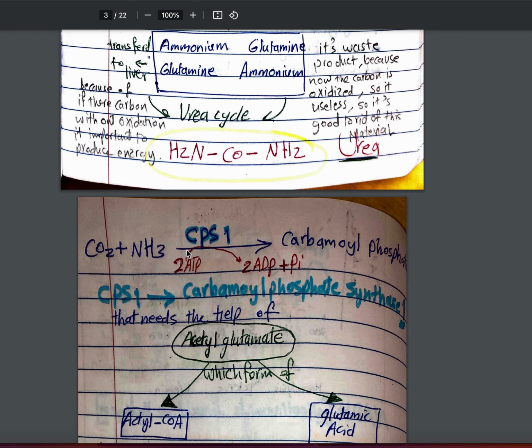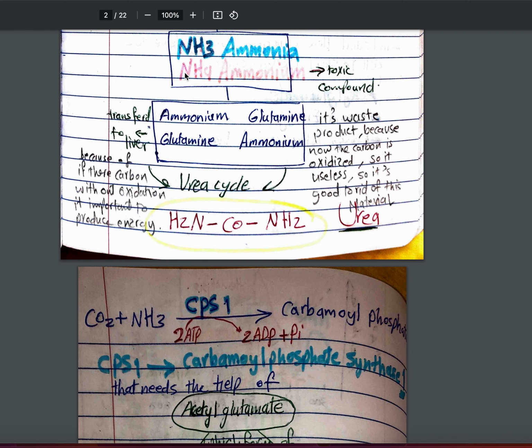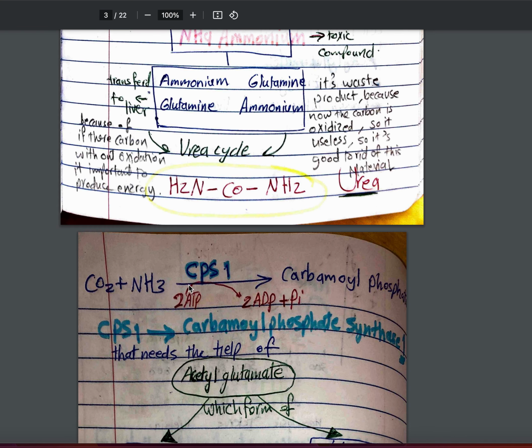The most important reaction is happening inside the mitochondria of the liver. We have CO2 and NH3, which is ammonia, a result from the protein. The carbon dioxide is acted on with the help of an enzyme, and we said this enzyme is called the rate limiting enzyme. So it's the rate limiting enzyme of the urea cycle. It's called carbamyl phosphate